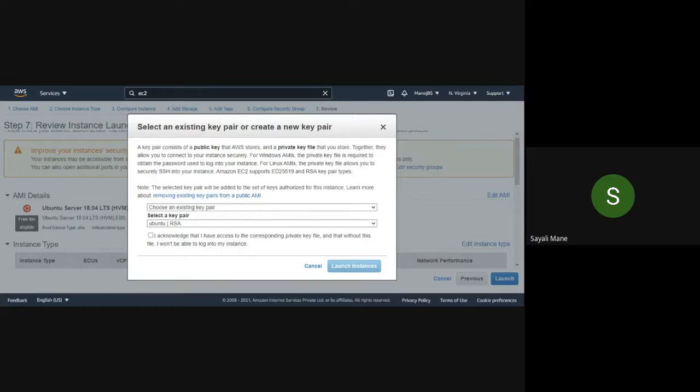And what is the difference between public key and private key? Public key is username, private is the password.